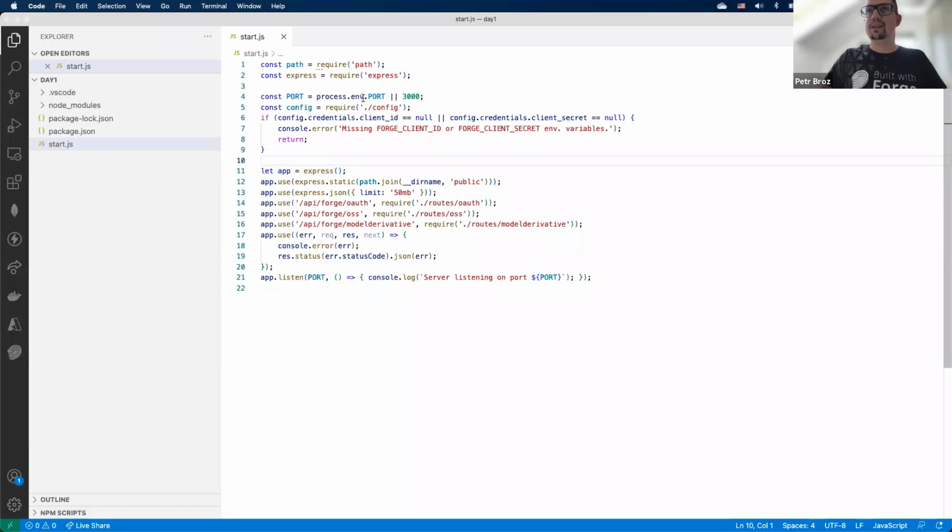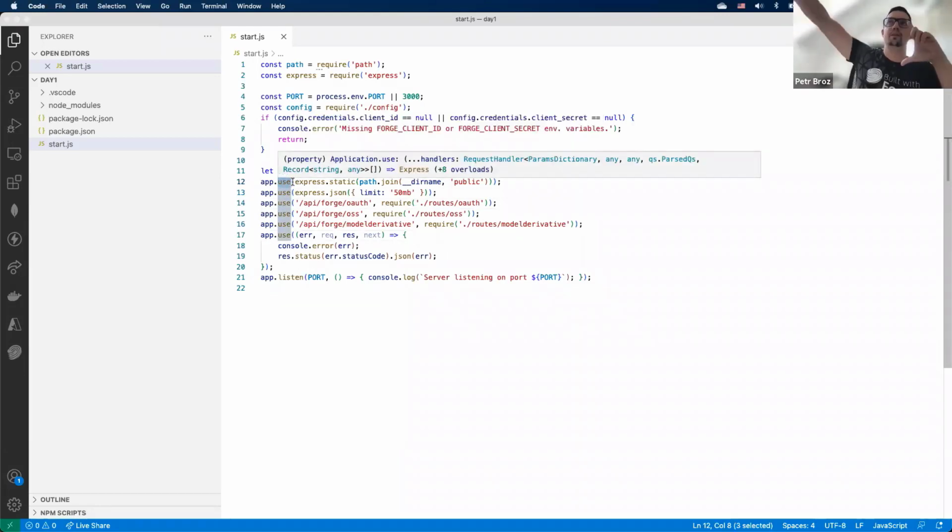But if these two properties are provided as expected, we simply create a new instance of our Express server, and we start defining something called middleware. This is basically a way for a web server to define how it can handle incoming web requests. So you can build a stack of different functions called middlewares that may or may not react to certain incoming web requests, right? So in this case, we are adding a couple of middlewares. Here's one option. When we receive a request from a browser for some URL, let's say